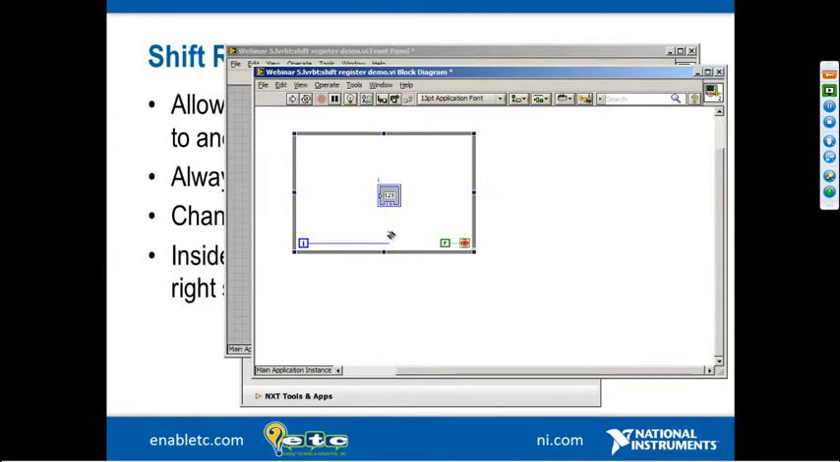Now remember, we're not targeting the NXT. We can see that for sure because in the bottom left corner of the screen, we see main application instance. Because that's the case, we have some debugging features that are not normally available when we're targeting to the NXT. The most important of these is called highlight execution, and it's a great way to test out and observe the behavior of the code. So I'm going to turn highlight execution on,